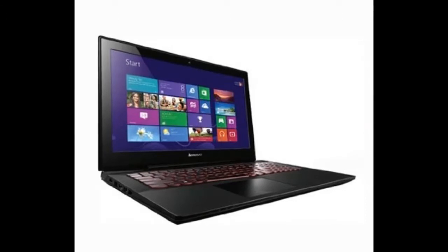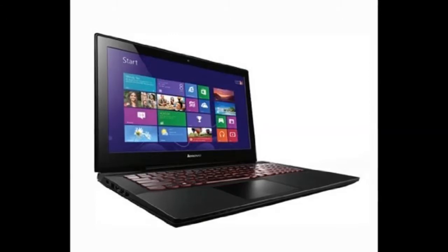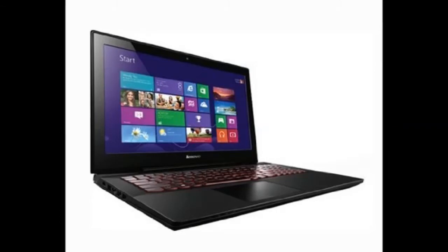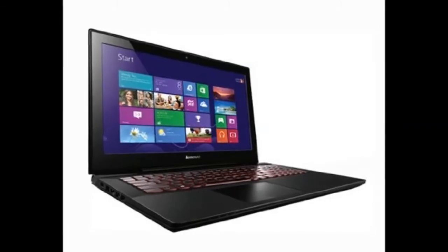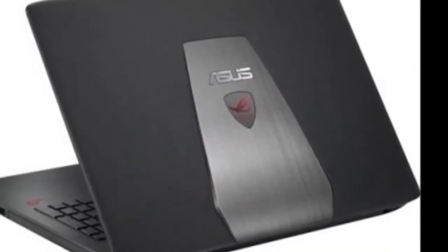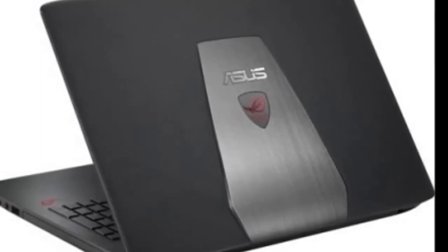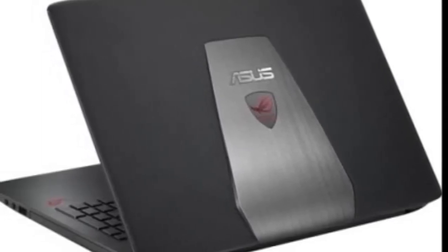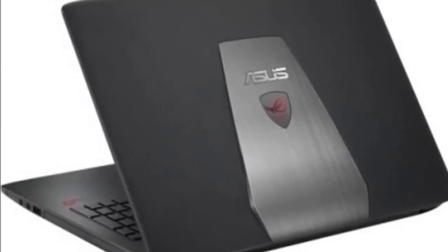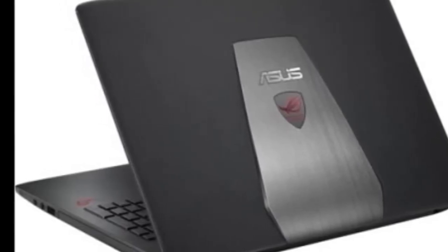Coming to the benchmarks, the laptop produced good scores as you'd expect given the components inside. Cinebench R15 returned 42 FPS in the OpenCL test and 598 in the CPU test. We also got a decently low render time in POV-Ray, 3 minutes and 33 seconds. 3DMark Fire Strike gave us a score of 2,732, which was surprisingly a bit lower than the R510J, which recorded a score of 2,809. Finally, PCMark 8 gave us a score of 3,518 for the home test, 4,092 for creative,